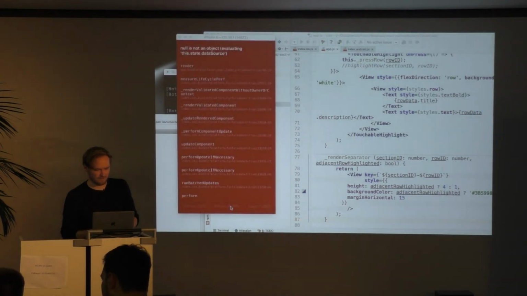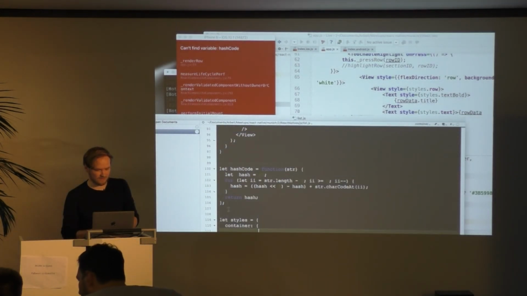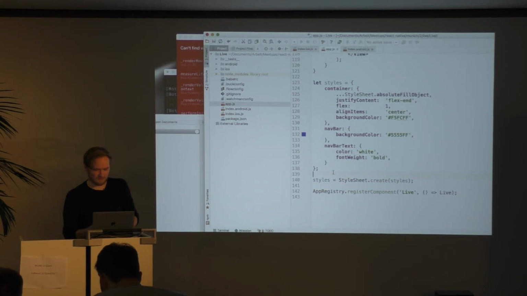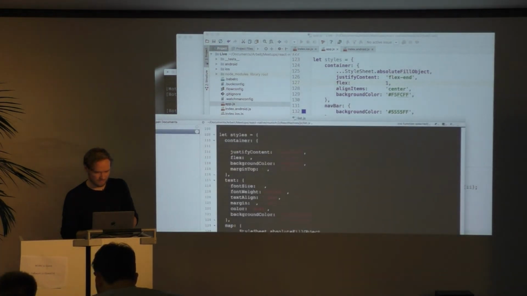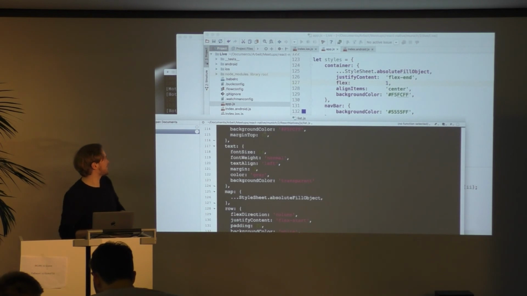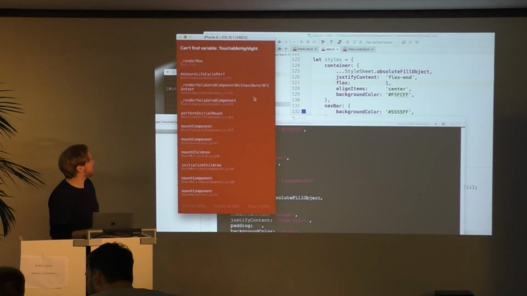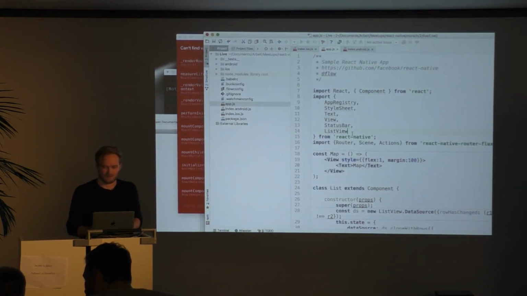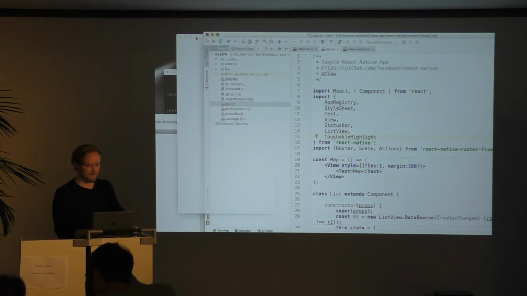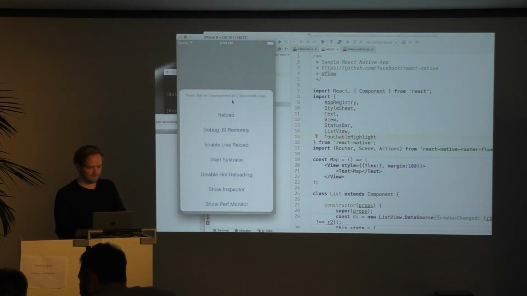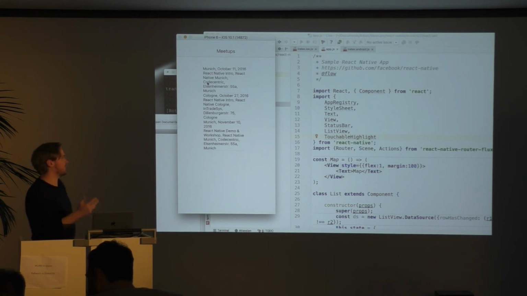Let's see if I've missed anything. Yeah, I have this hash function which is not being used actually, I think, but we have to put it there so I don't need to adapt the code. Did I miss anything? Yeah, I would need to adapt the styles. Let's see if it works. Touchable highlight. So I haven't included the button component touchable highlight. And there you go. You already see the styles are not fixed yet, but it's already up and running in